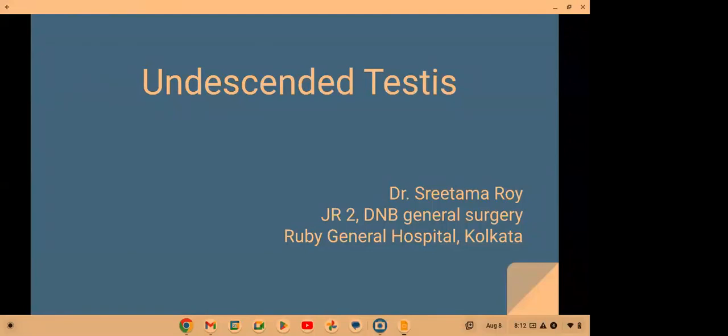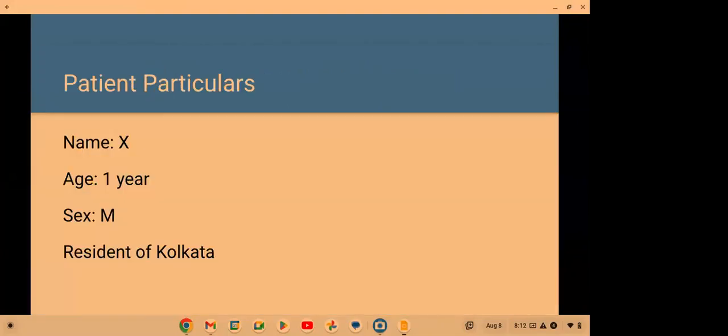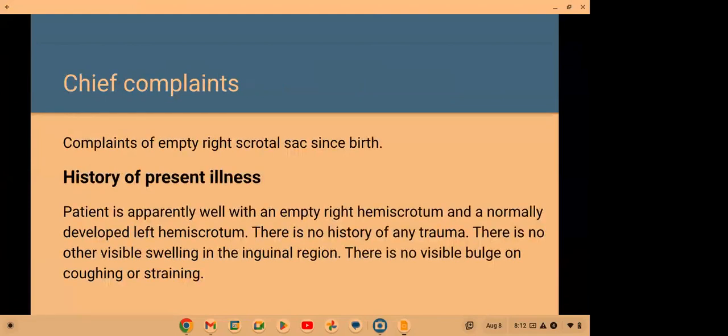Good morning, respected faculties and all my colleagues. Today I am presenting a case on undescended testis. So, patient particulars. Patient is named X and 1 year of age, who is a male resident of Kolkata. The mother brought the baby to the OPD with the complaints of empty right scrotal sac since